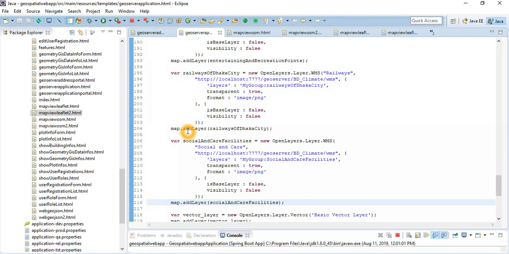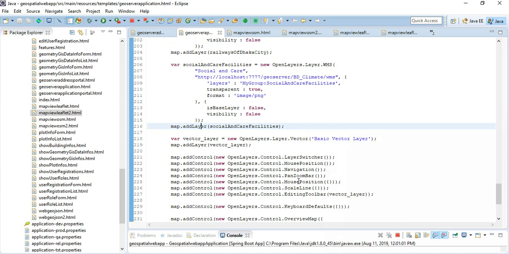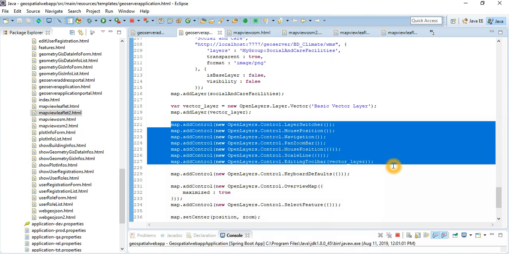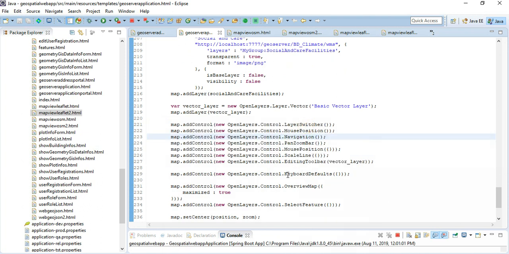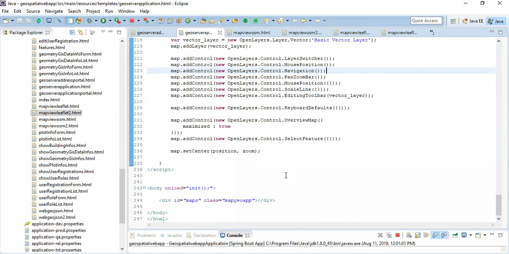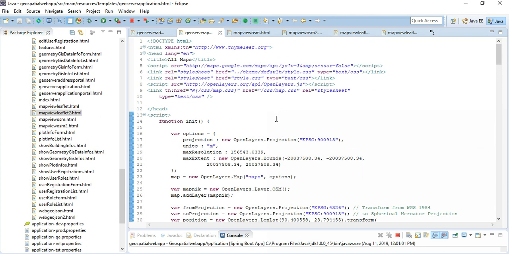So add layer, add layer, add layer. You can also add layers by putting in a list of layer names. That still works. So these are the vectors, and then all the map controls. The controls mean zooming in, zooming out, mouse over, mouse position, the editing bar, and default key settings, your left and right key settings, depending on the central point and zooming points. We define our functions and JavaScript functions here, though you can also put these functions in different JS files. I will show you how it is